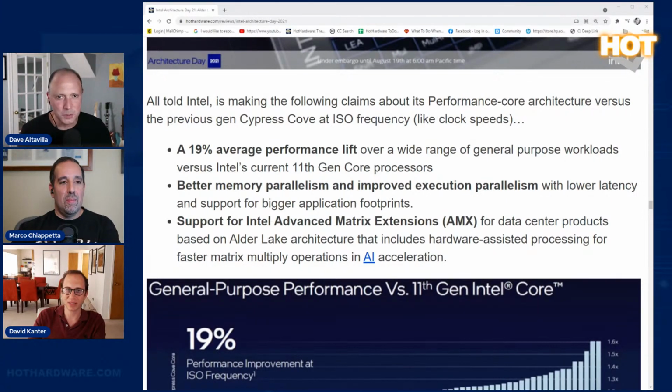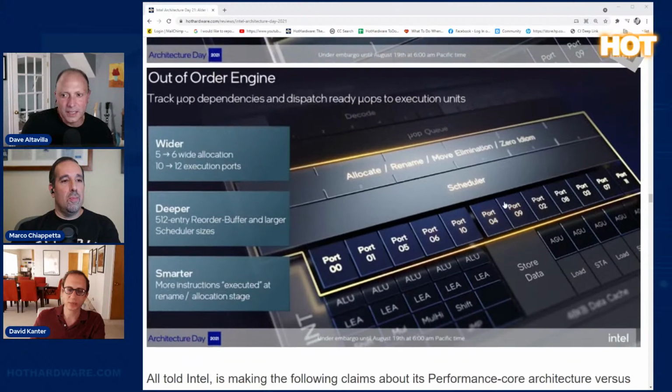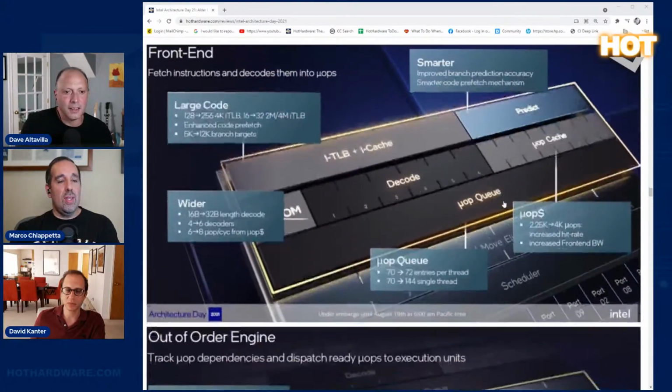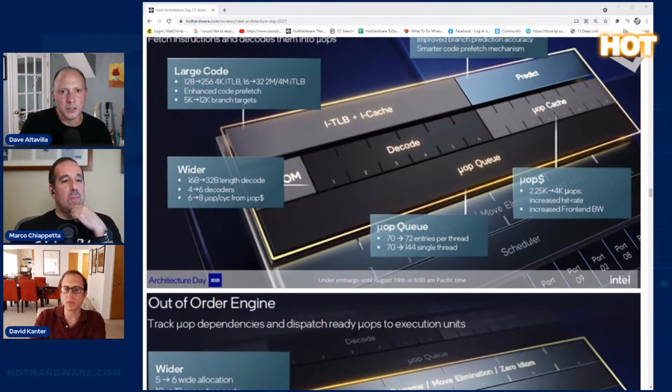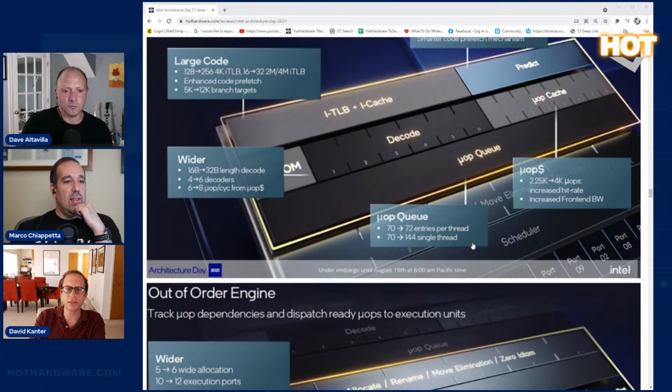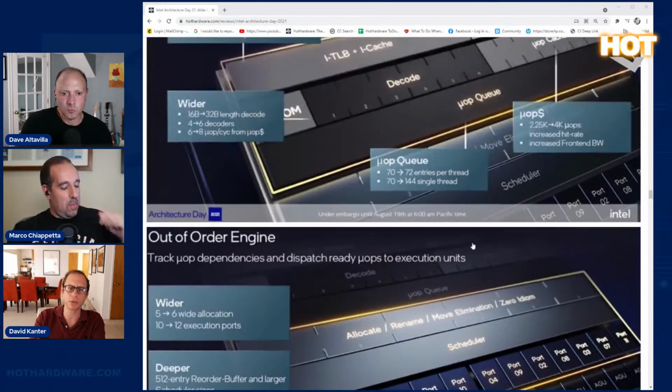But we're not telling you much more. Yeah, you know, the 3 bullets here, that was kind of it. But then you get a little bit of meat here, and you got to keep some secret sauce because competitors are watching. Yeah. The other thing I'd say is the length decoding from 16 bytes to 32 bytes.